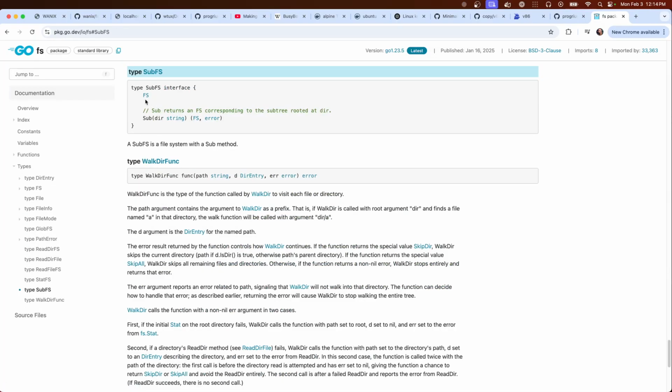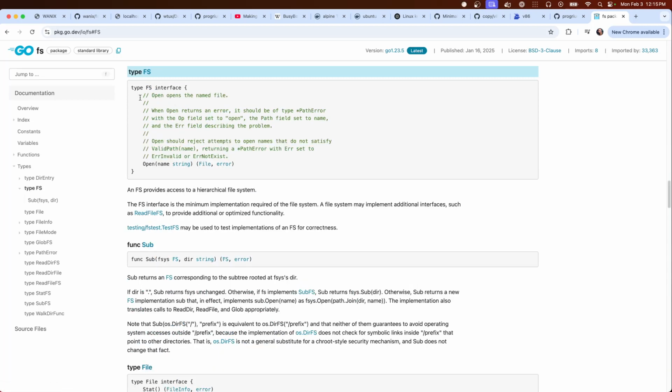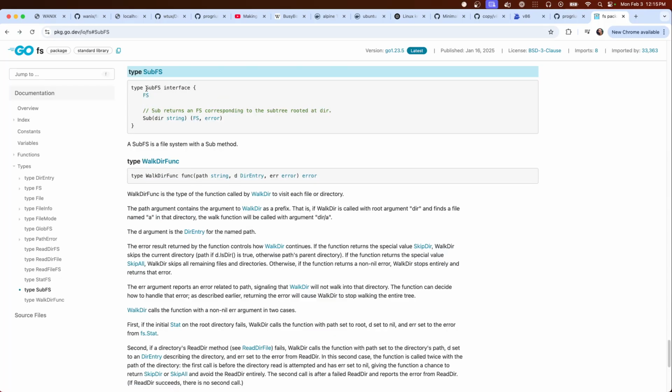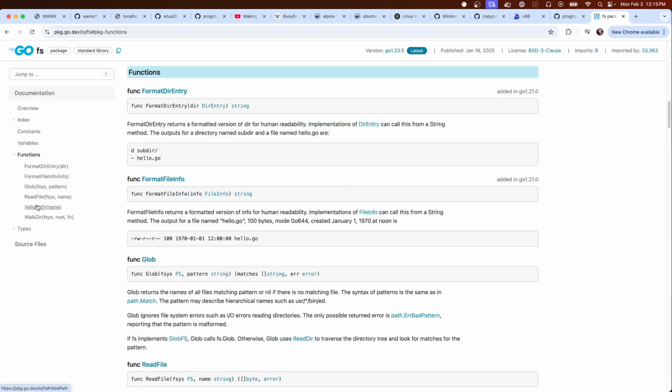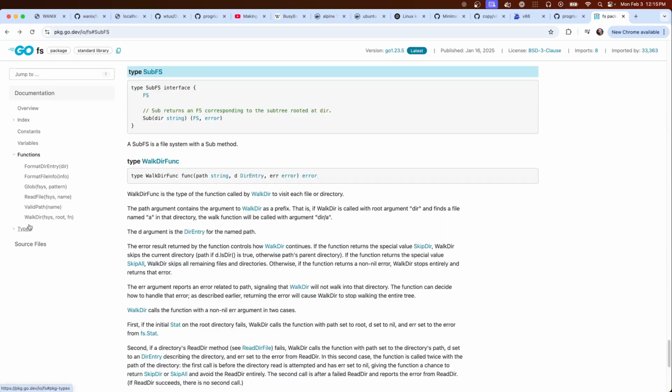SubFS here. The idea is, your file system will have a Sub method. Oh, well, now I have to type assert to SubFS to get Sub, especially if everything should be passed around as a file system, which basically means you just have Open. Then you have to type assert it to SubFS to be able to call Sub. That's kind of annoying. So they have helper functions